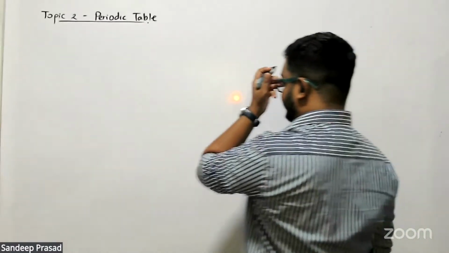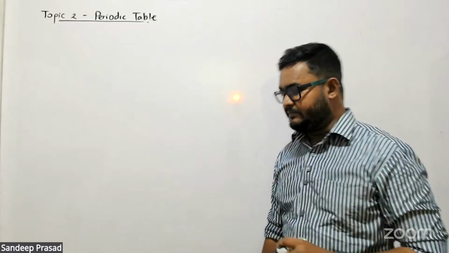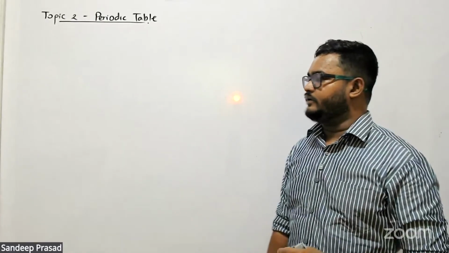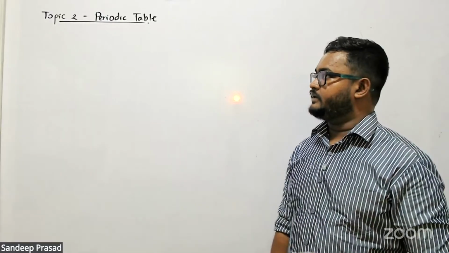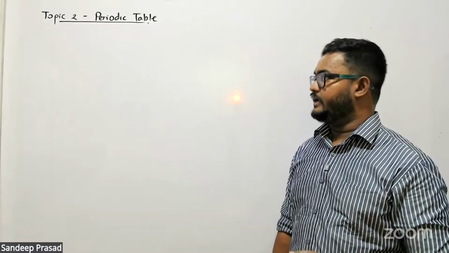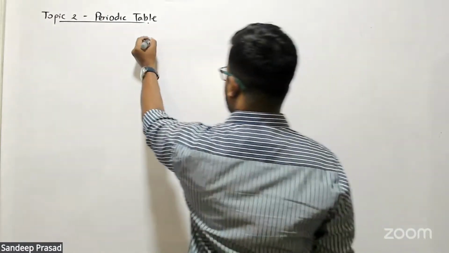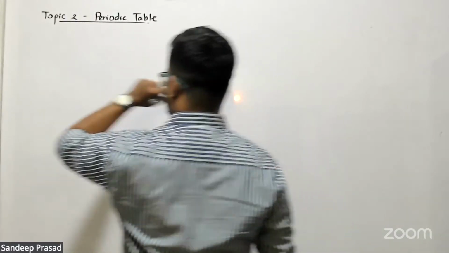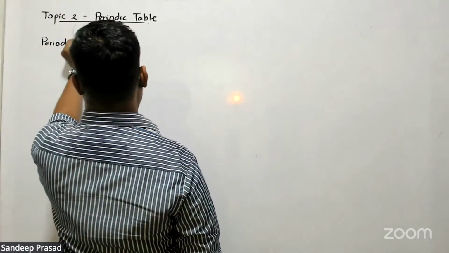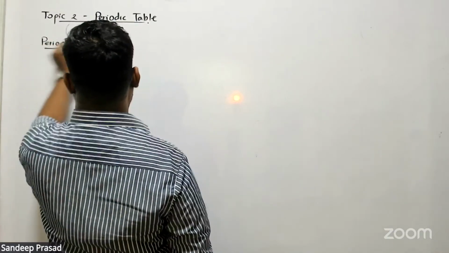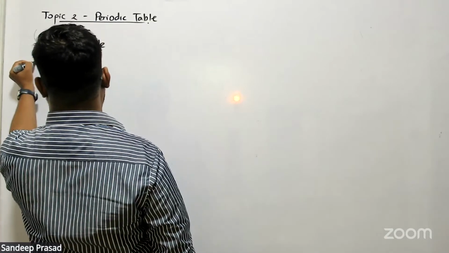Now, students, in the first unit also, we discussed the periodic table and the periodic trends, right? In unit number 1, atomic structure, we have a theoretical part known as periodic table and periodic trends. So you should know some basic things about the periodic table, right? What are those things? When we consider the periodic table, the first thing that you have to know is